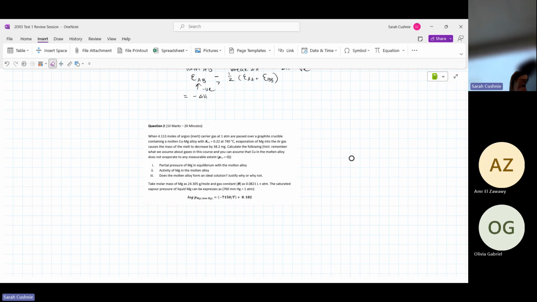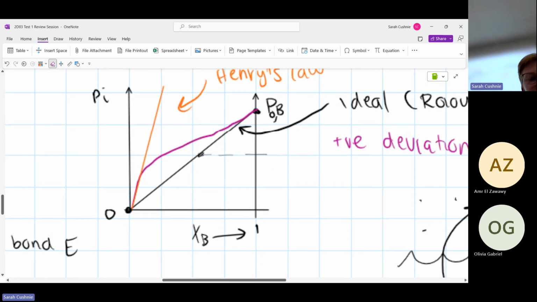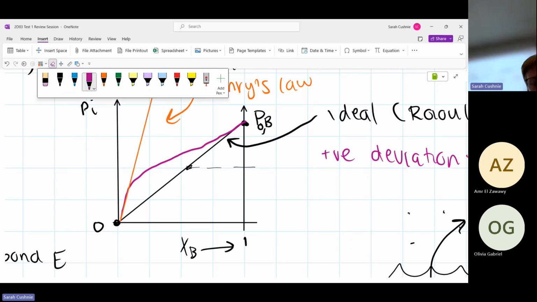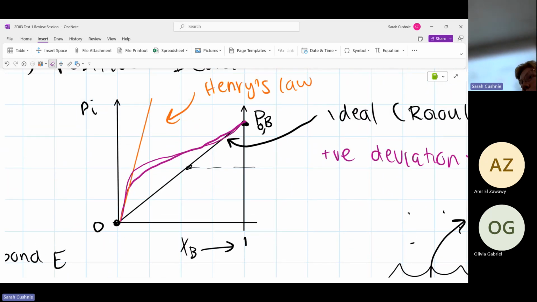Wait, Sarah, one more question. Go for it. So we know what happens at the corners of that graph, when we have both the positive and negative. What the hell is happening in the middle? It's just doing its thing. You don't have to know theoretically what's going on. Just know that it eventually goes from the straight line of Henry's law and then makes its way back towards that positive. Just know that it's non-ideal, so it's not behaving how we think it would. That's all you need to know.